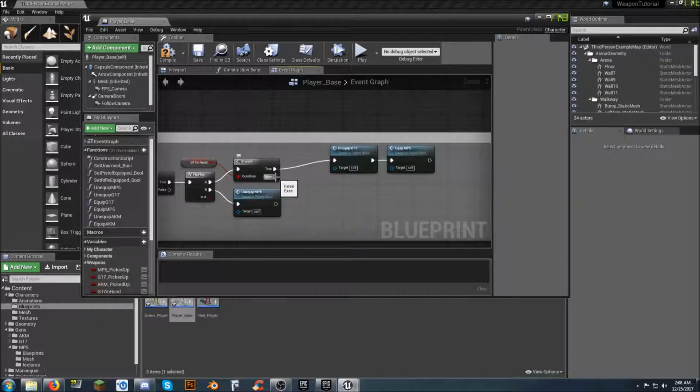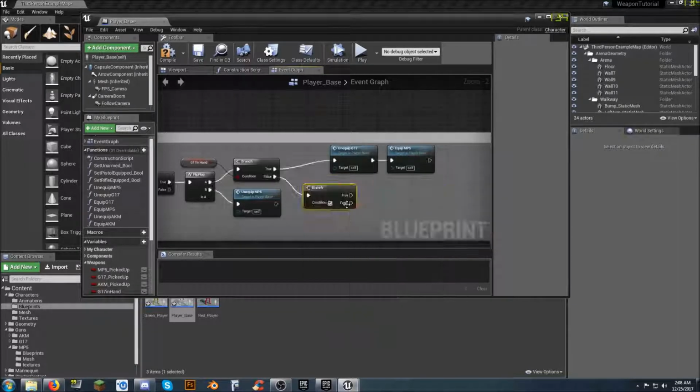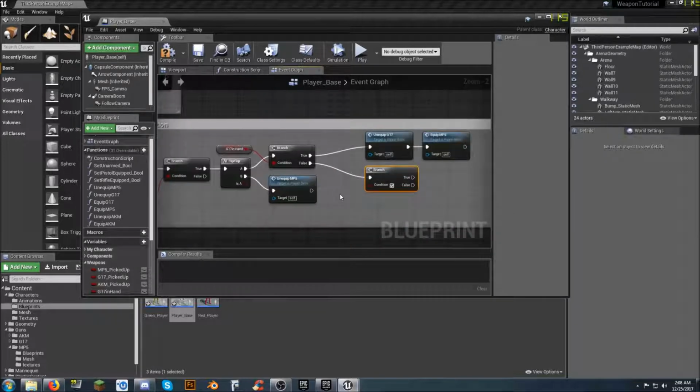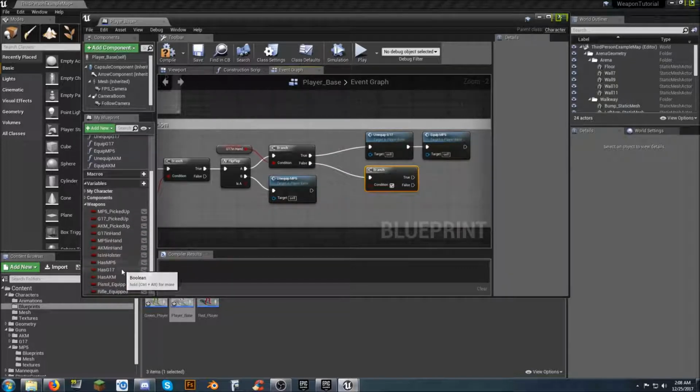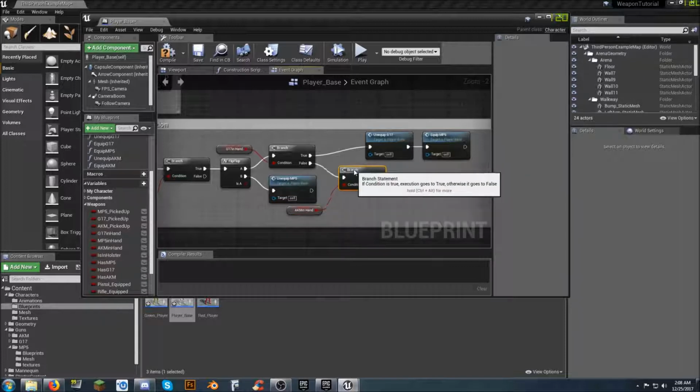Now, if we don't have a Glock 17 in our hands, we need to come over here and run a branch node. And we need to see if we have an AKM in our hands. So we'll come over here and we'll get AKM in hand. We're going to get that node. And we'll do that. And just for the sake of cleaning things up, I'm just going to tuck it down there. Okay, so now that we've checked to see if we have the AKM,